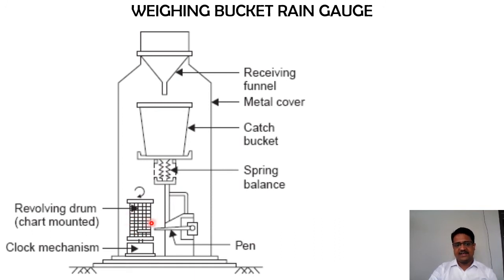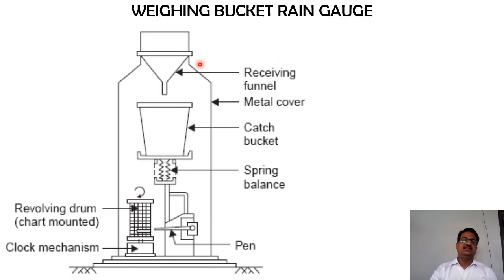Okay, if I set one rotation equal to 6 months, then I can say that this particular instrument needs to be visited every 6 months to collect the rainfall data recorded on this chart directly. The chart we are going to get here is nothing but the rainfall mass curve we have previously discussed. This is one of the significant charts or graphs in the entire hydrology subject. These are the basic components of this weighing bucket type of rain gauge station.